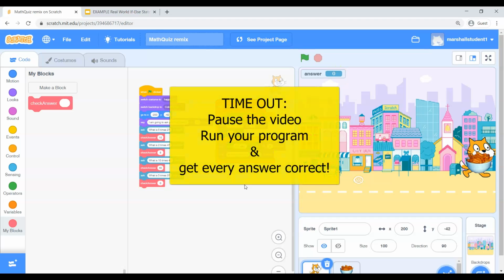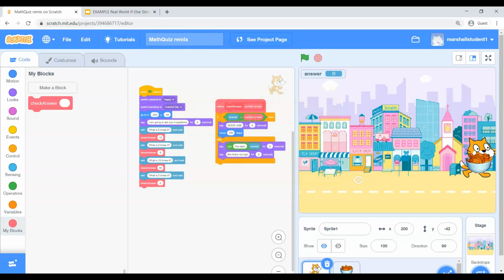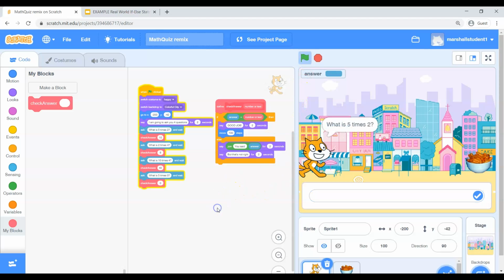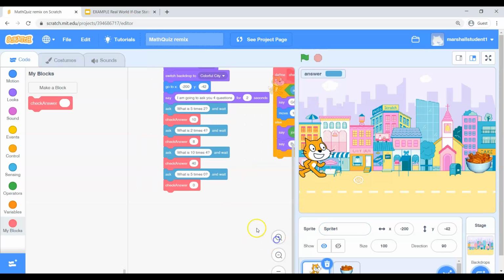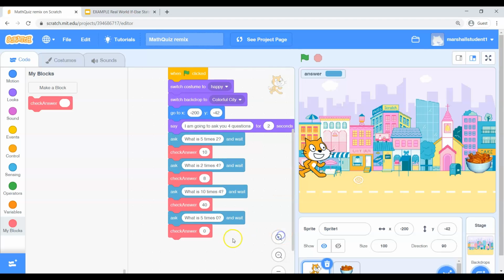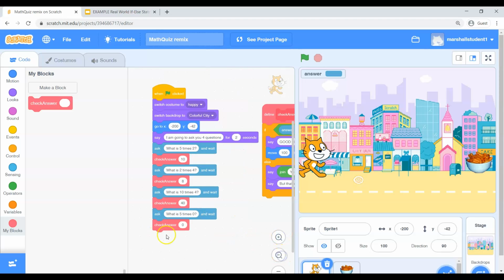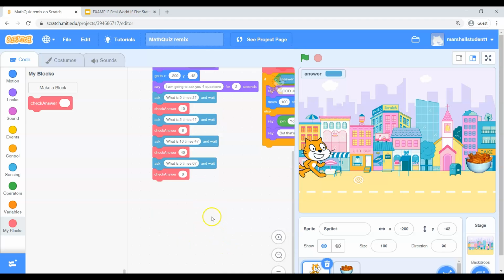Timeout, pause the video, go play your own game, type in 4 correct answers, and make sure your cat makes it to the Cheesy Poofs. What I would love is to be able to tell them whether they won the game or did not win the game, right? So here's what we have. Once this is all said and done, once you've had all 4 questions, question, answer, question, answer, question, answer, question, answer, the interesting thing is at this point in time,